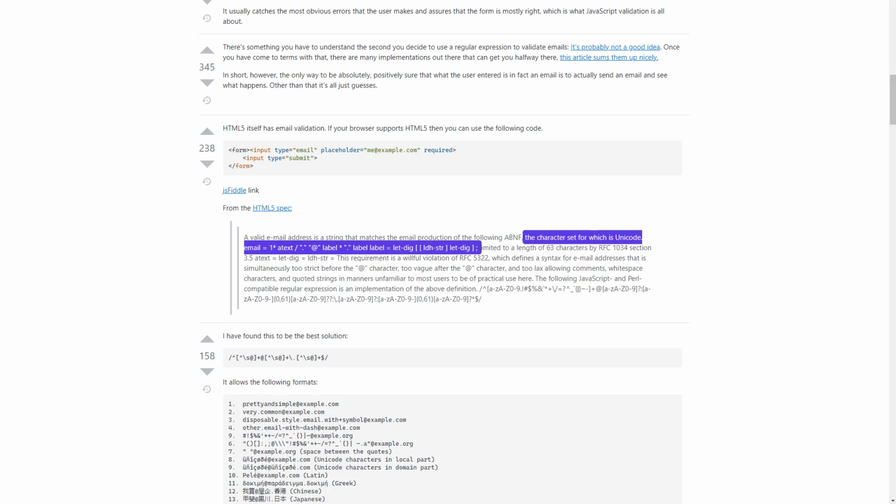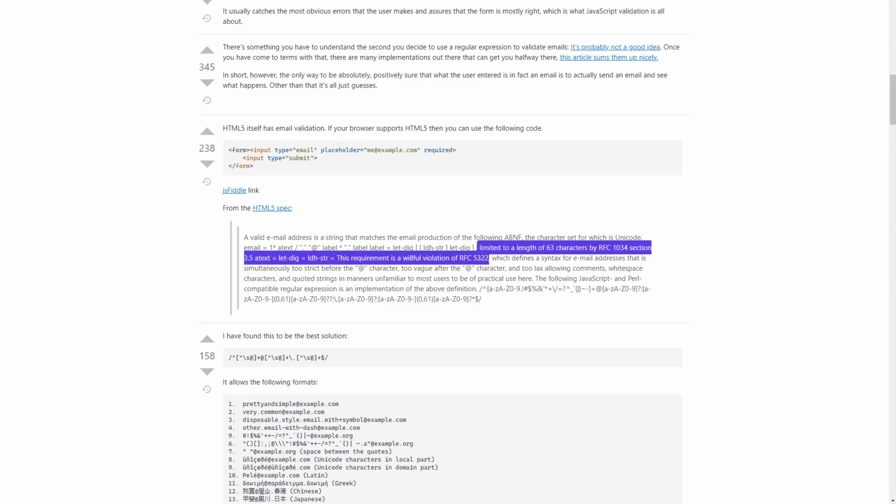Email equals 1 or more atext, slash, dot, at, label, asterisk, dot label. Label equals letdig, ldhstr, letdig, limited to a length of 63 characters by RFC 1034 section 3.5. Atext equals... Letdig equals... LDHSTR equals... This requirement is a willful violation of RFC